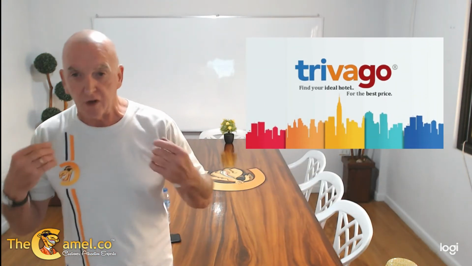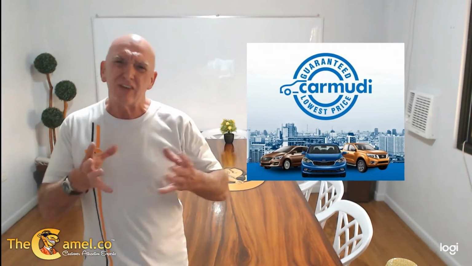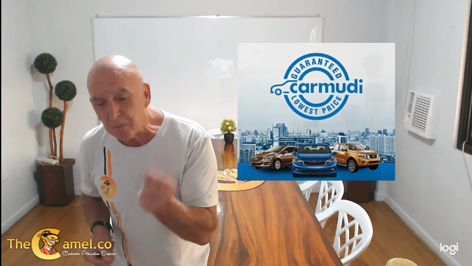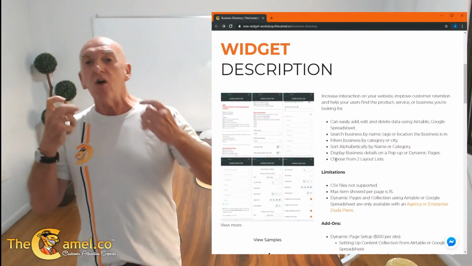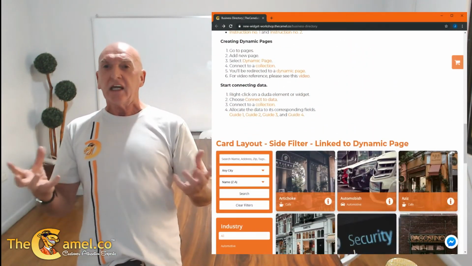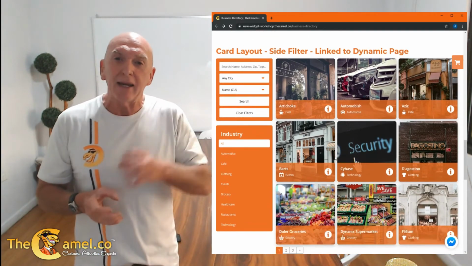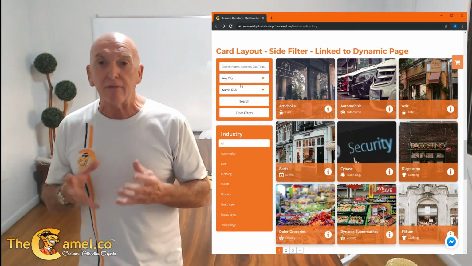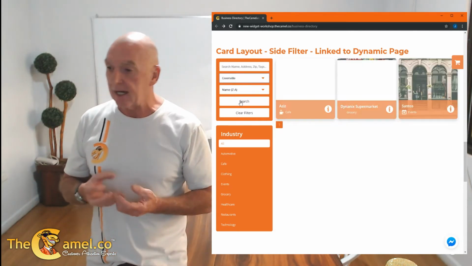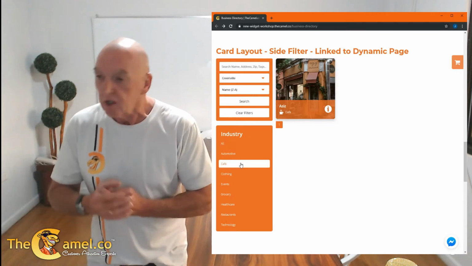But it's not just Uber Eats. It's things like Trivago for hotels. There are also applications where you can buy and sell motor cars. This is what I was trying to get to when I said create your own Uber Eats. Dynamic Pages allows you to have the sexy, awesome, searchable thing for your products and services that makes it easy to update, easier to search, and easy to link with other things like booking widgets, delivery widgets and money-taking widgets.